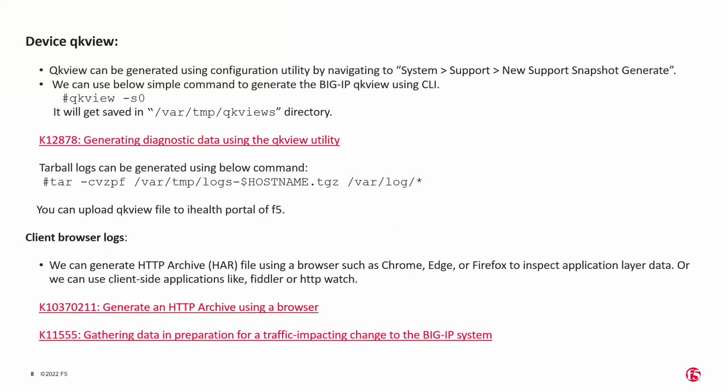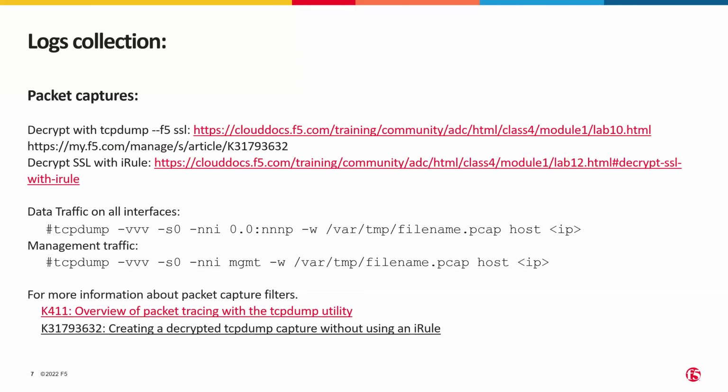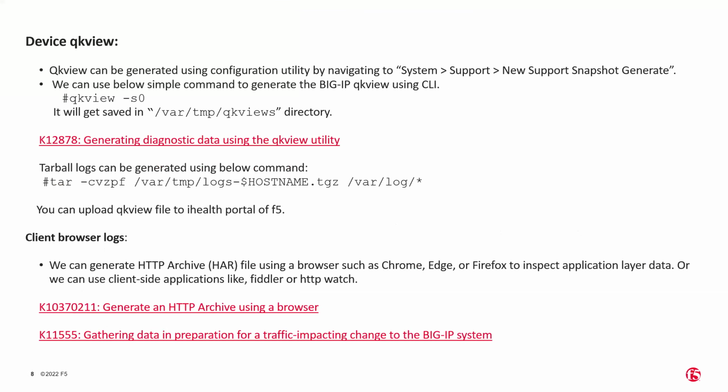And so the packet capture is one thing, as I said. For any slowness, VIP not working, traffic not coming, resets, application related errors, anything, packet captures are suggested. So then comes the device QKView. As Balaji said before, it's a snapshot of what the device collects, the major things needed to troubleshoot any kind of issue. So it collects an overview, and it will help support engineers to review overall how it is